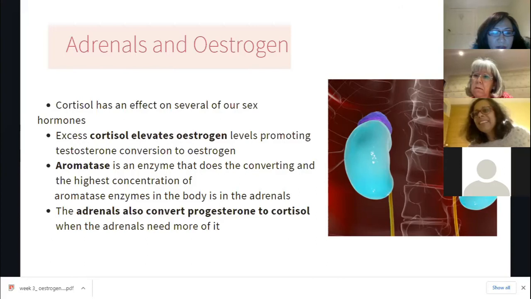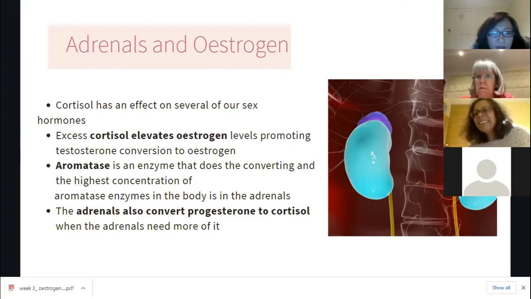So we need to have a look at that and think, hang on, we can do this naturally without taking all these medications. There's a whole raft of nutrients that will do the exact same job, or a very similar job, to those kinds of drugs, and it works on these aromatase enzymes.